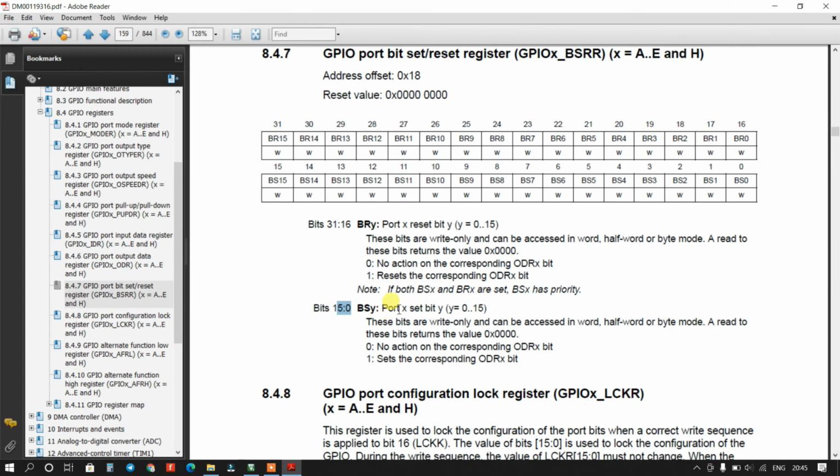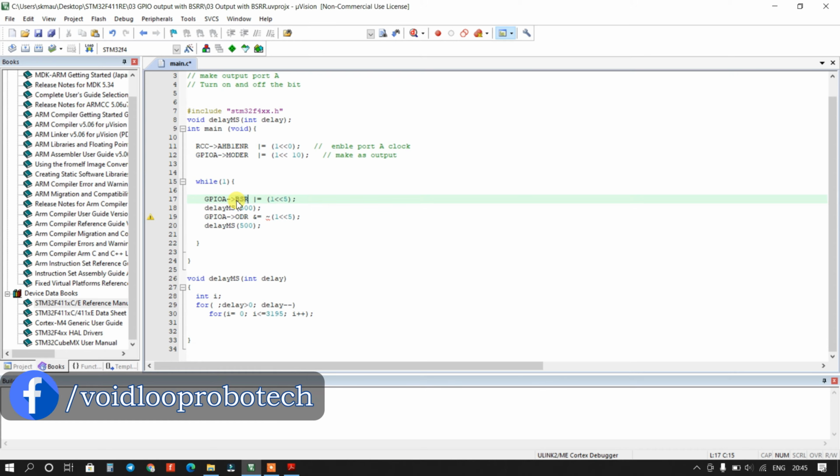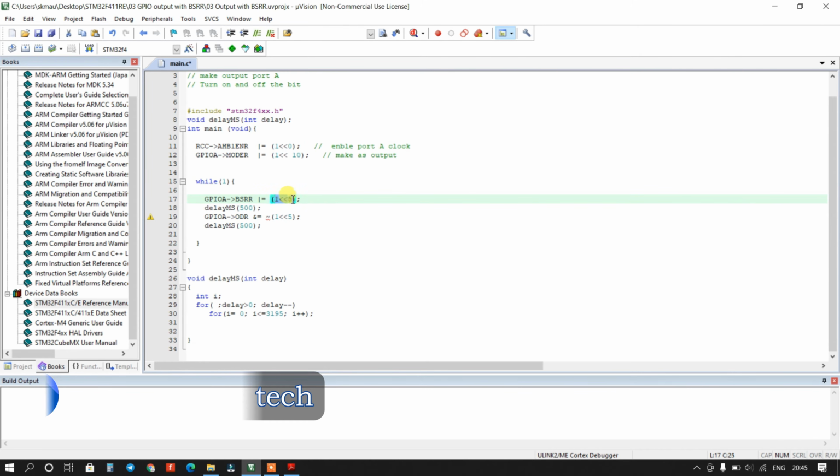So I am using here PA5. So it is the fifth bit. So I have to enable this bit and the remaining bits will be 0. Okay. So I will edit here BSRR and this is correct because I am going to enable the fifth bit.